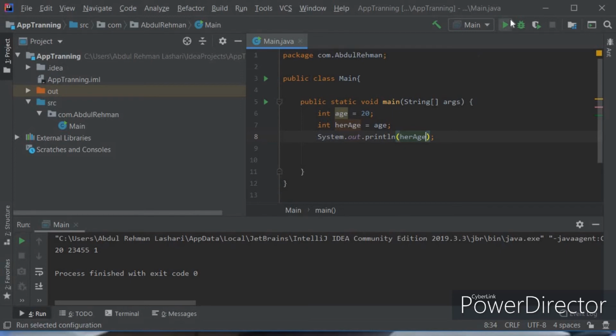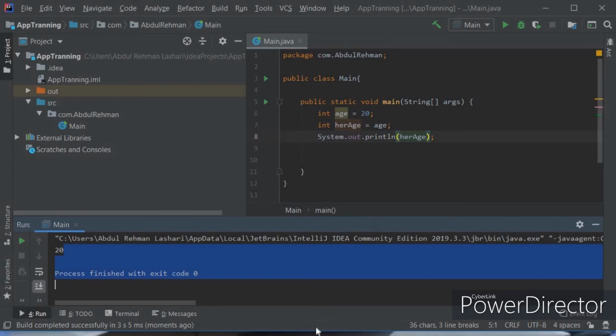So here you can see Shift F10, that is the short way, the command to run this program. So let's press Shift F10, and there you go, you see 20 on the terminal, right? Now